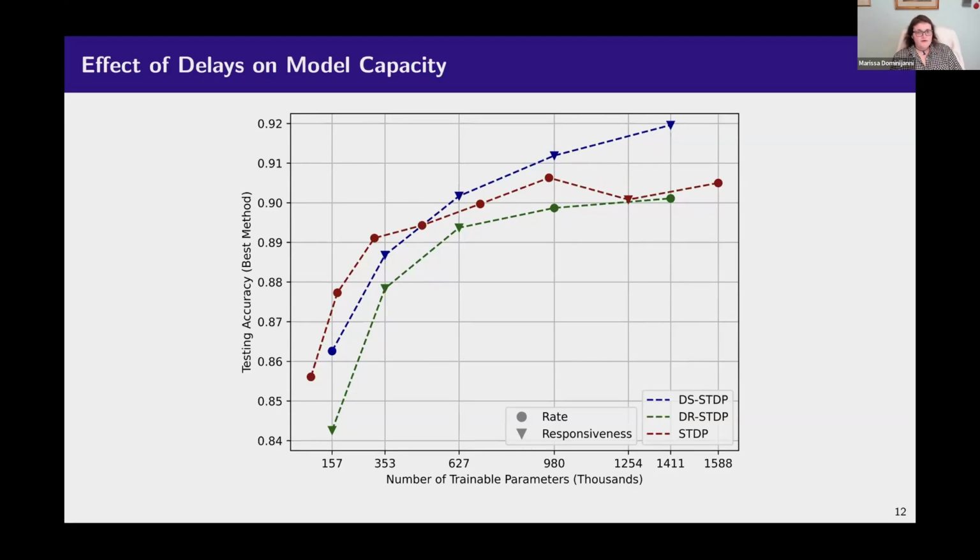And so here we were wondering if there was any interplay between weights and delays specifically for this. And what we found as we extended out the size of the models without delays we tested, since a model with delays will have twice as many parameters, was that at smaller sizes, the delays were less efficient.